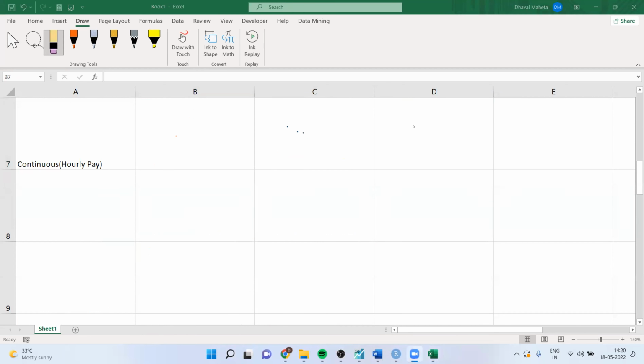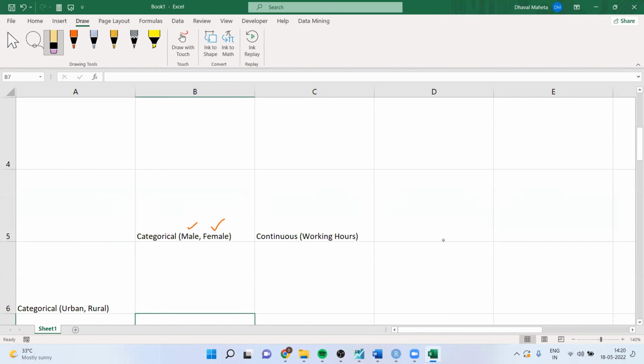It's an error bar. Now, if I talk about categorical data, we are computing the mode. And for continuous data, we compute the mean. Okay. Now, just understand one thing, that in our R,